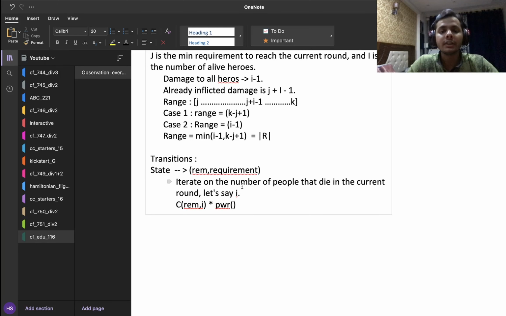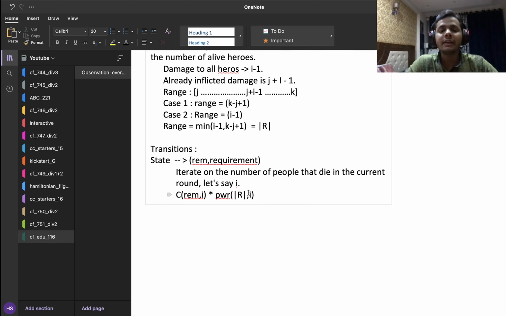I have already chosen I people who are going to die in this round, and all of them can have these mod r values. So the number of ways to arrange them will just be mod r raised to the power I, because there are I people, and for every person I have mod r choices, and I'm sure that if they are in this range of mod r, then they are surely going to die.